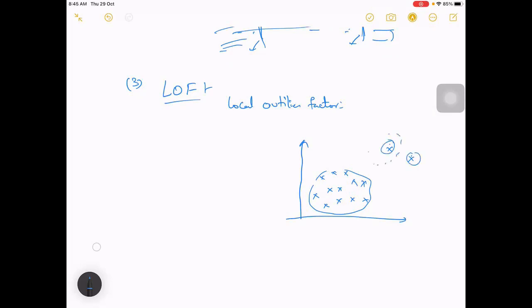Let's say take this point. If you take some radius, within that radius there are so many points. But if you take this point and some radius, there are no points, or maybe there is only one point. Similarly here as well, there are no points. In such a scenario, for each point it will search how many neighbors are there, and depending on that it will identify it as an outlier or not. This is the technique used for LOF.